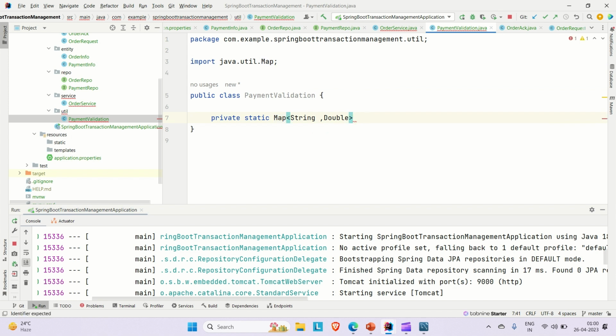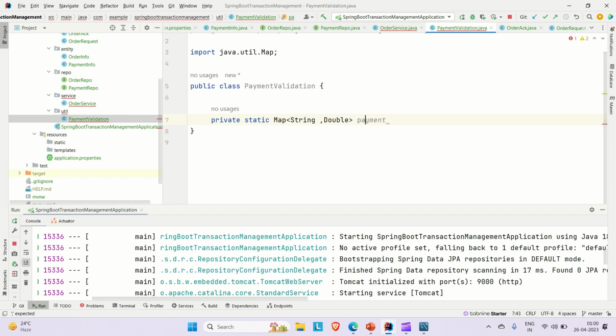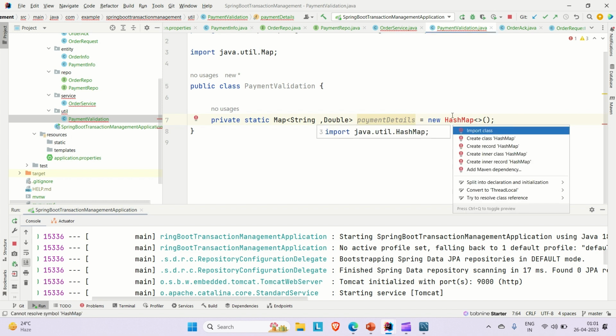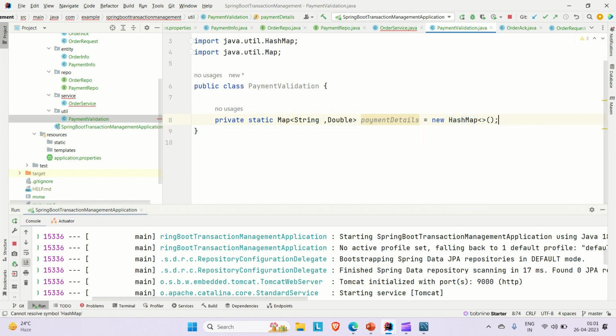Now let's say its name is payment details, something like that. New HashMap. Let me import the HashMap here. Now let me create one static block,